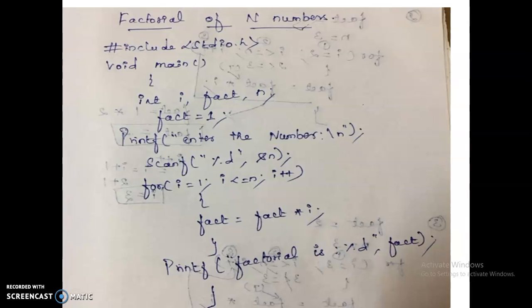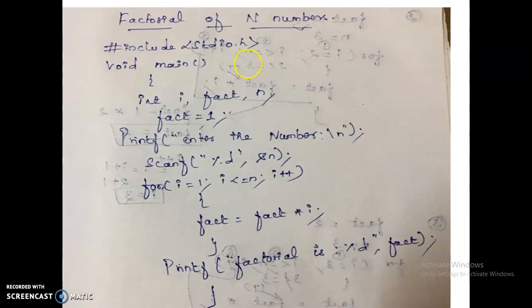So this is the example program of factorial of n numbers. Factorial of n numbers means if you give an input of 3, 1 into 2 into 3, the multiplication of the series of numbers will be displayed as the final result. Within the main function, I declare three variables: i, fact and n. Here you have to give the initial value of fact, because for multiplication, if you don't give this initialization, it will automatically register the value 0 for this variable, because an automatic variable is always initialized with 0. So you have to mention this initialization for the multiplication of numbers here.